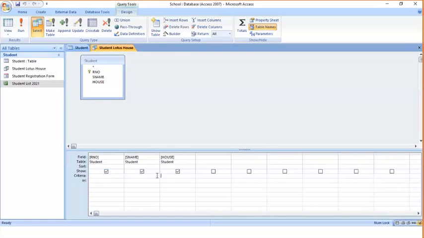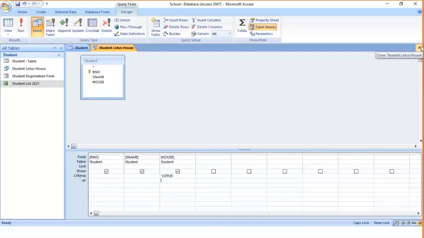So in the house column you come, and in the criteria row, in this cell you have to write that I want to filter the records with the criteria as Lotus. So you write down Lotus. In the table we have written Lotus in capital, so write Lotus in capital. Automatically the double quotes will be given here. So my criteria is those who belong to Lotus house.